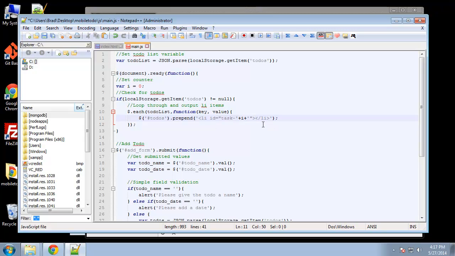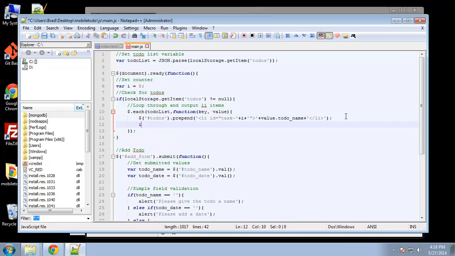Alright, so inside of the list item, it's going to be a link. Obviously, we want them to be able to click on the to-do, but for now, I just want to put in the values. I'm not going to do the link yet, just until we get it to work. So basically, we should be able to put some JavaScript in here, and we should be able to say value.todoname. Alright, so hopefully that'll give us a list with each name of each to-do. Alright, and we want to make sure that we increment this, so we want to do i++,